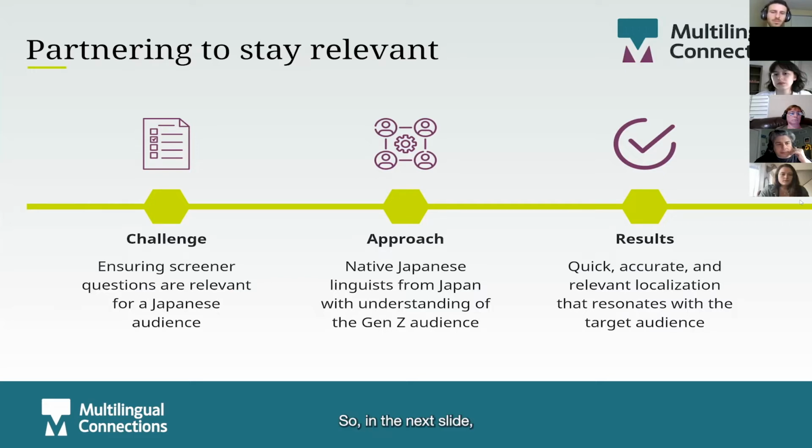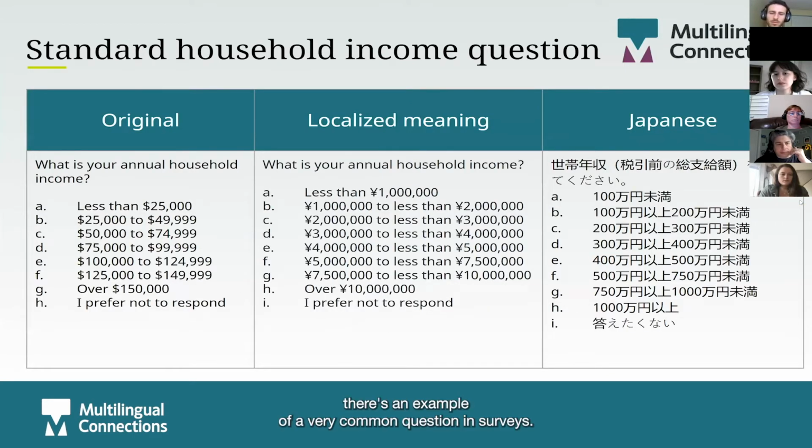So in the next slide, there's an example of a very common question in surveys. In this case, it's household income. So on the surface, demographic questions seem very straightforward and simple to translate. As you can see here, it's just numbers, right? But cultural and linguistic differences can bring challenges in translation that can muddy data if they're not addressed properly and